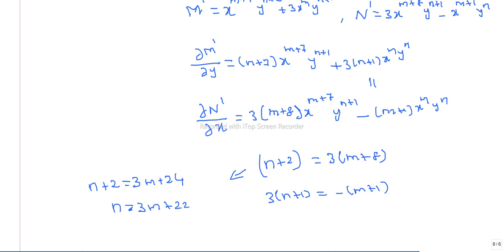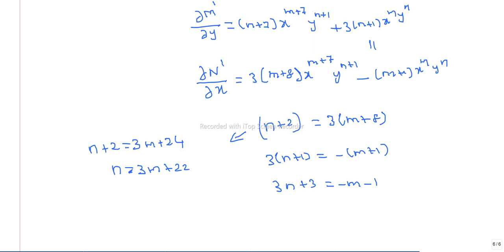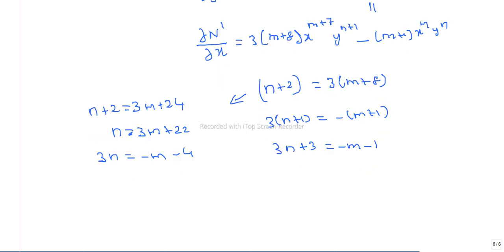And from this, 3n plus 3 equal to minus m minus 1, therefore 3n equal to minus m minus 4. So we have n minus 3m equal to 22 as the first equation, and 3n plus m equal to minus 4. First you multiply